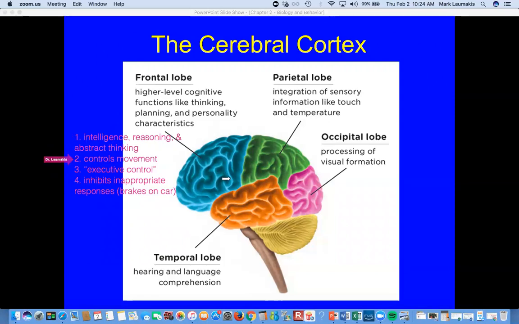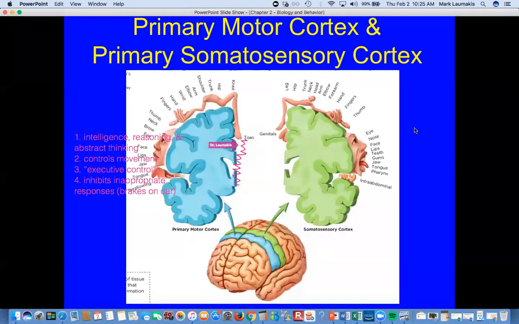Controlling movement. This is where I want to start digging in a little bit. This strip right here on the back side of the frontal lobe that I'm pointing at is known as the primary motor cortex. I often will refer to it as the motor strip. It is in charge of movement. That's what motor is about, moving things. I want to tell you two things about this motor strip, which you can see down below here in light blue. Here it is in the left hemisphere. Here it is in the right hemisphere. That primary motor cortex, or this motor strip.